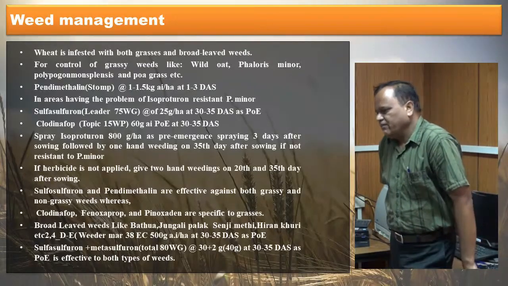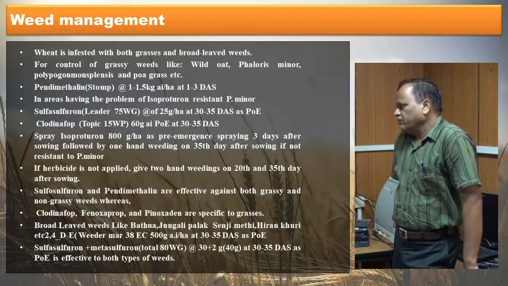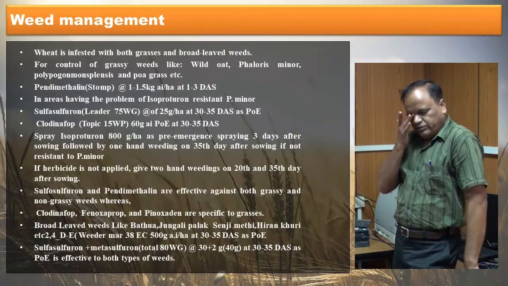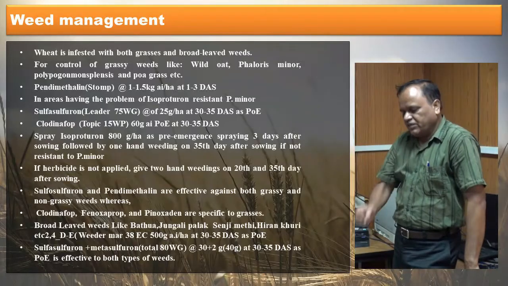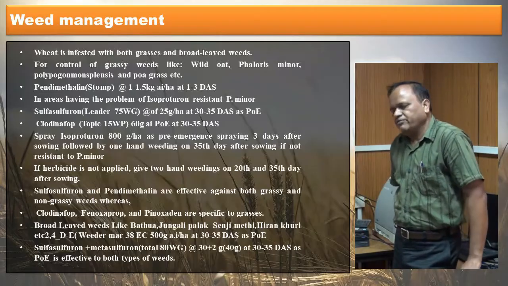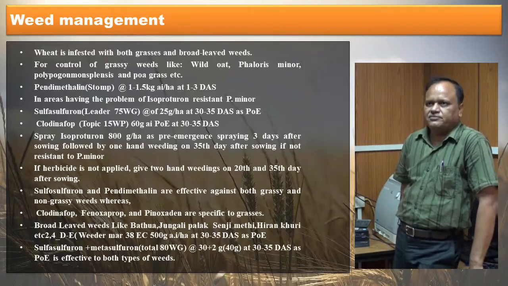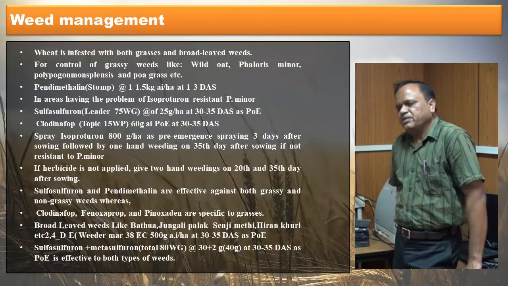When we apply pendimethalin, we have to take 1 to 1.5 kg of active ingredient, and that should be dissolved in 500 to 600 liters of water, and that should be applied